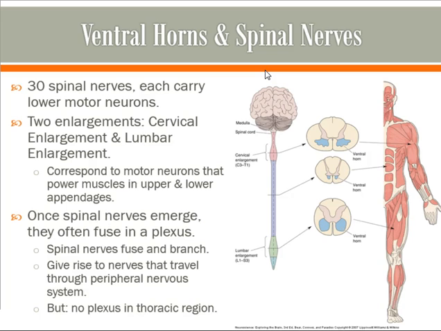cervical vertebrae. But then we go through the cervical enlargement, which spans from spinal nerve C3 all the way down to spinal nerve T1. And you can see it's just visibly thicker in that area. Then we go into another area that tapers off and becomes a little more narrow throughout most of the thoracic area, until we get to the lumbar area, where we see another enlargement. It's called the lumbar enlargement, where we get a thicker spinal cord in that area as well.